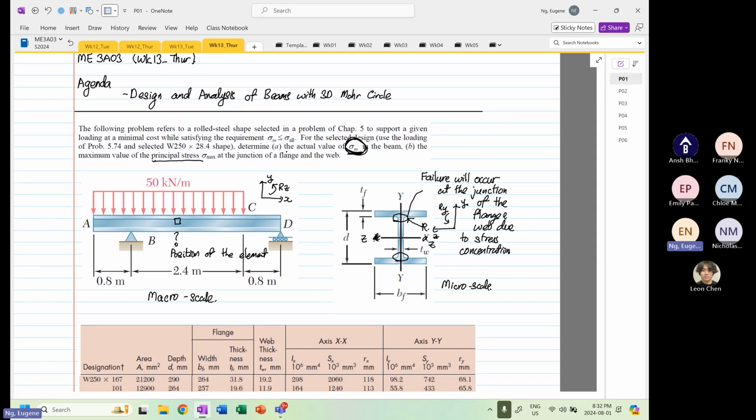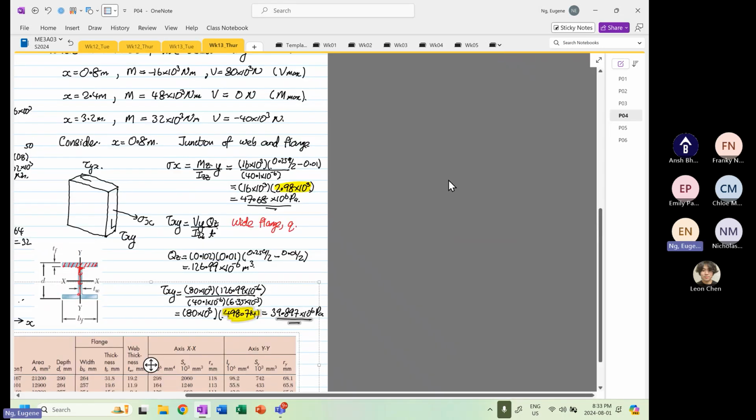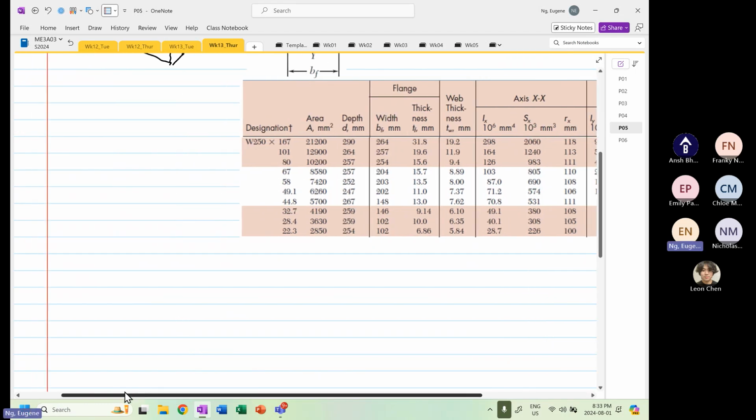So we located a point where bending moment is maximum, shear stress is equal to 0. That's how you find your stress M. Okay, so we know that this is equal to 155.02. And from here, we are going to look at our third point. Our third point is basically this point over here. Now, third point has some